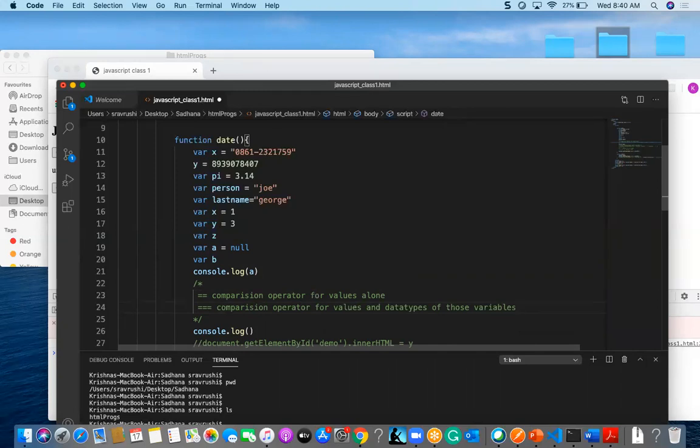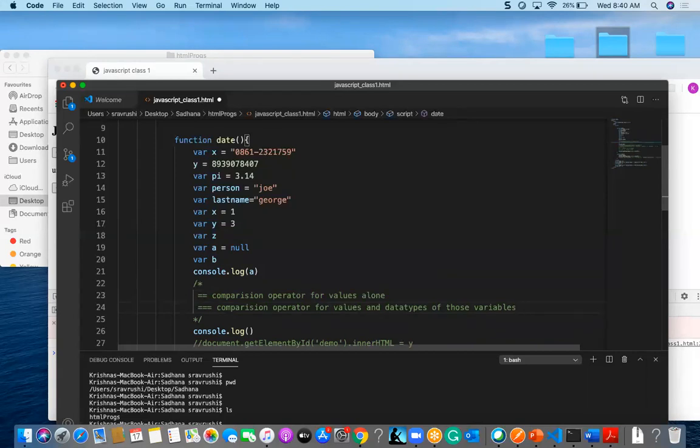If it is double equal to, and the value is equal, then it will tell that the condition is true. If it is triple equal to, it should be equal in value and also data type. If both are true, then only the condition will become true.